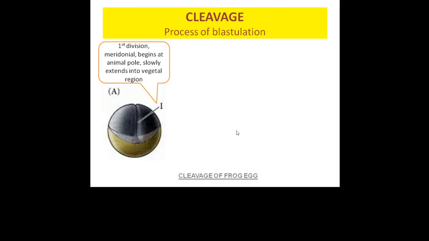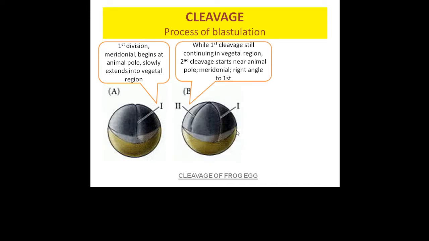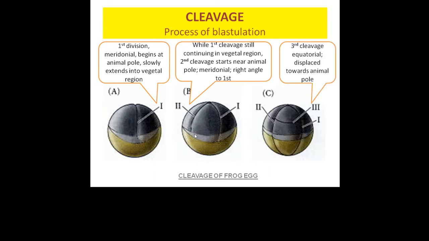The first cell division is meridional, starts at the animal pole, slowly extending towards the vegetal region, crossing through the center. The second division is also meridional and right angle to first, but because of large amount of yolk in vegetal region, even before the first cleavage completely reaches the vegetal end, the second cleavage already starts at the animal pole. The third cleavage is supposed to be equatorial